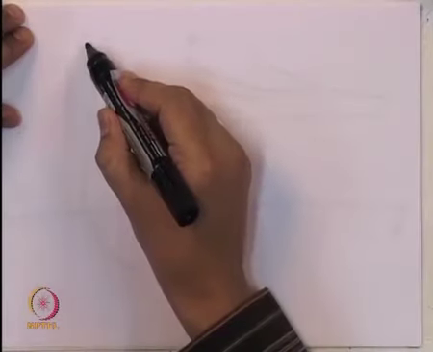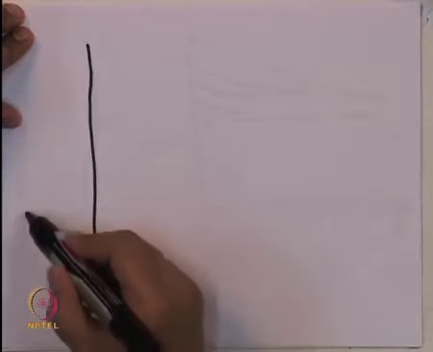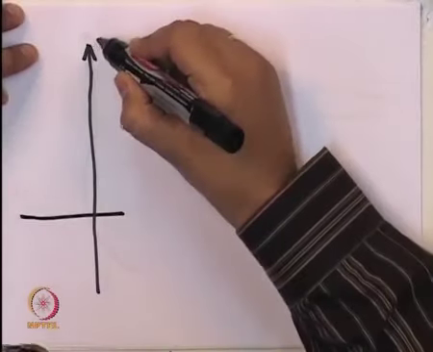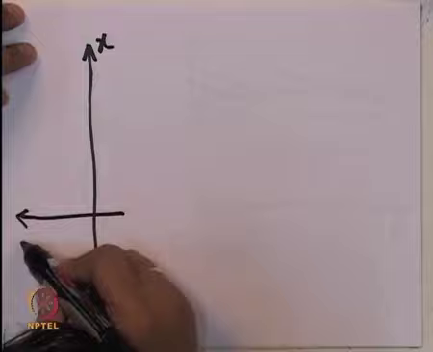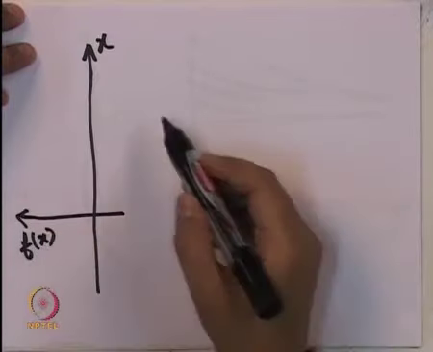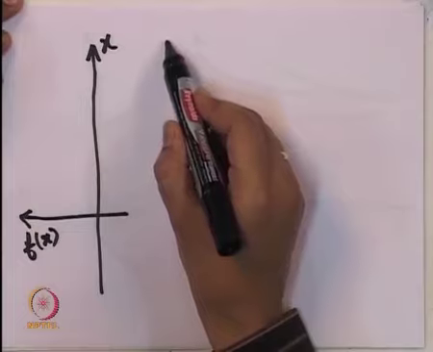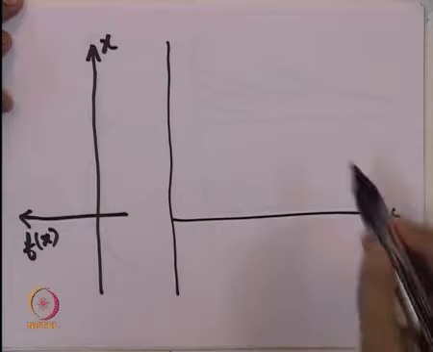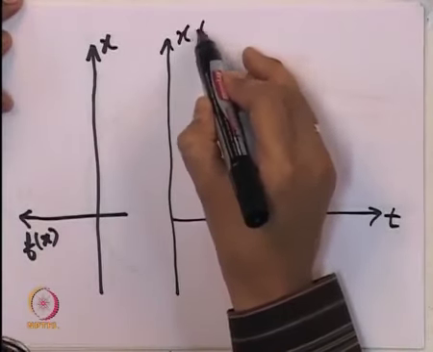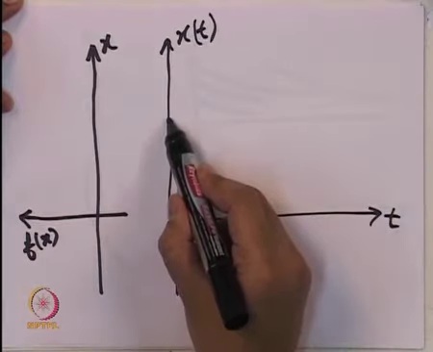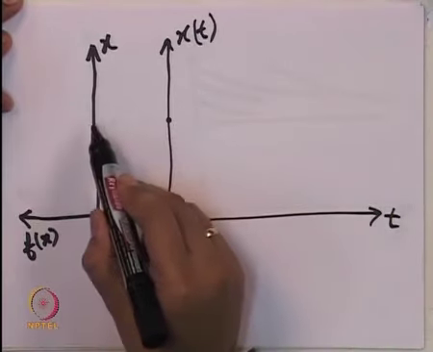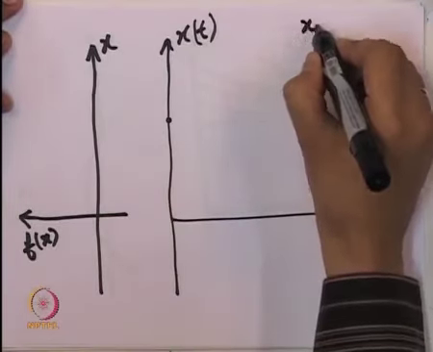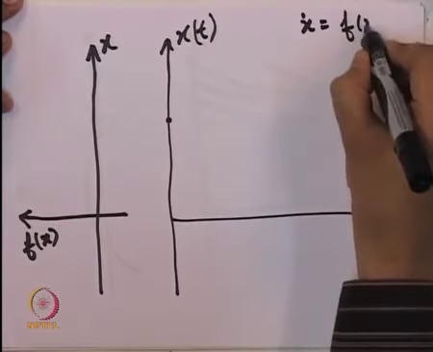Okay, let us just see this figure again, because in the previous example we have already drawn intersecting trajectories, and the question is, can trajectories intersect? For this particular question we need to draw this figure again. So, consider this figure in which this is the time axis and x varies as a function of time. At any value of x, whether it increases or decreases, to decide that we have to go to this figure and check whether f is positive or negative. Why do we have to do that? Because we are studying this differential equation.